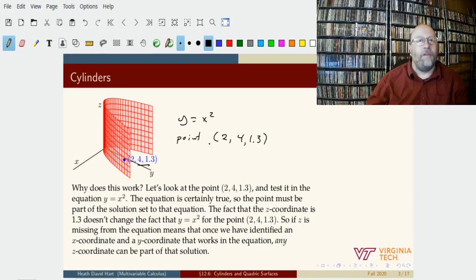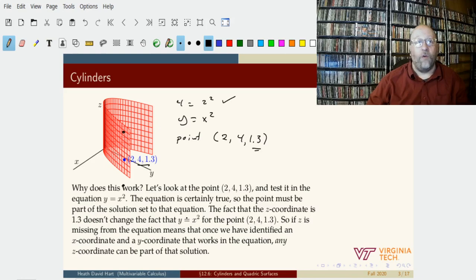If we test this in the equation, y is 4 and x is 2, and that checks. The fact that z is 1.3 doesn't change the fact that y equals x squared. Z could be 2.8, or negative 0.7, or 10 million. Z could have any value,